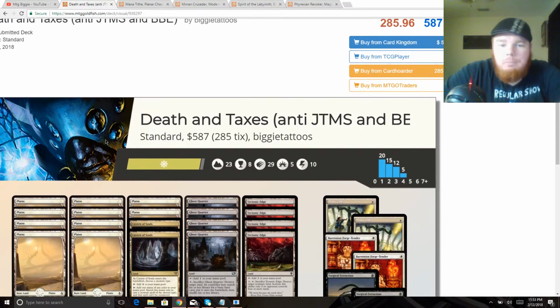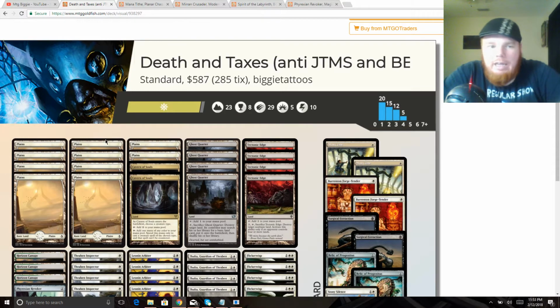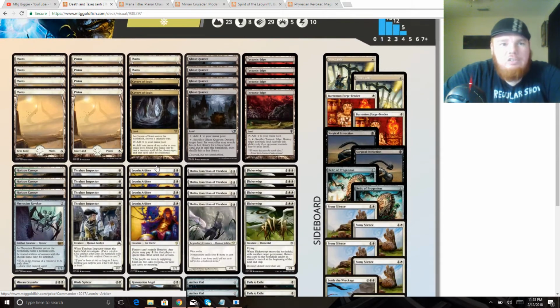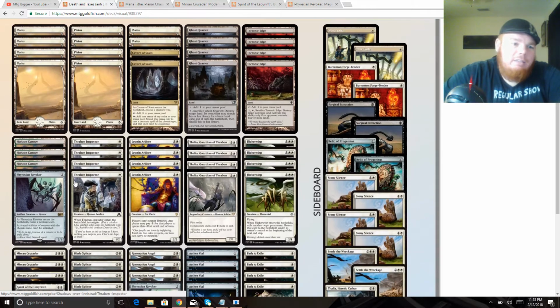First and foremost, we've dropped the Ancient Den for another Cavern of Souls. This is a concession to the fact that when there's more control decks, there's more counterspells. Jace is absolutely going to bring more control decks along. So that's step one. Step two is an old favorite, and that is Phyrexian Revoker, which is generally much better